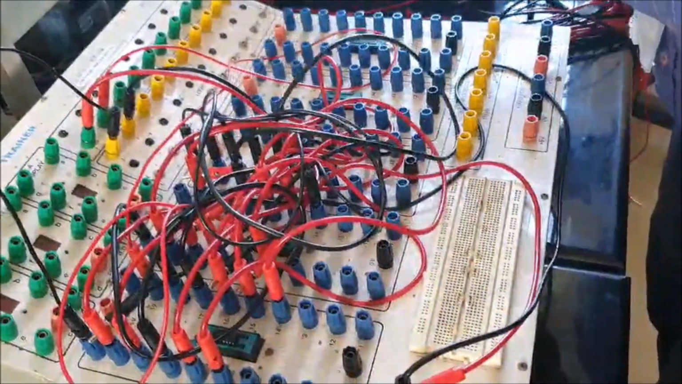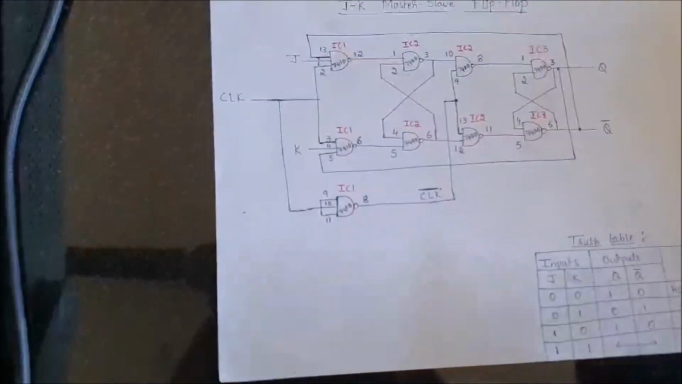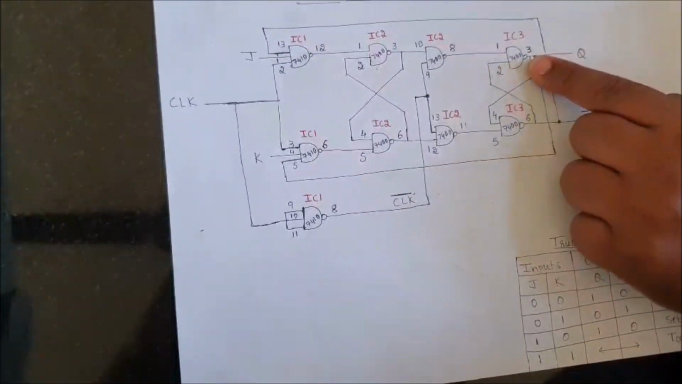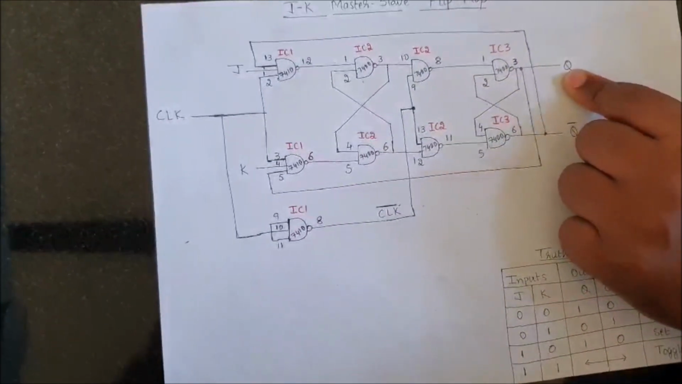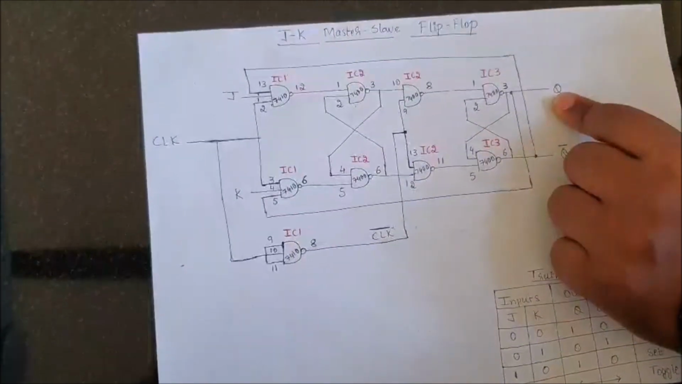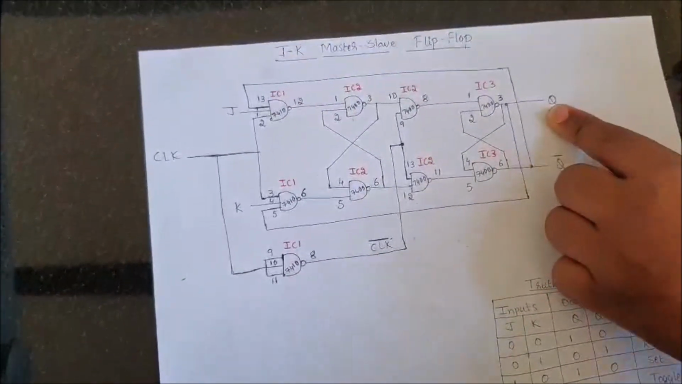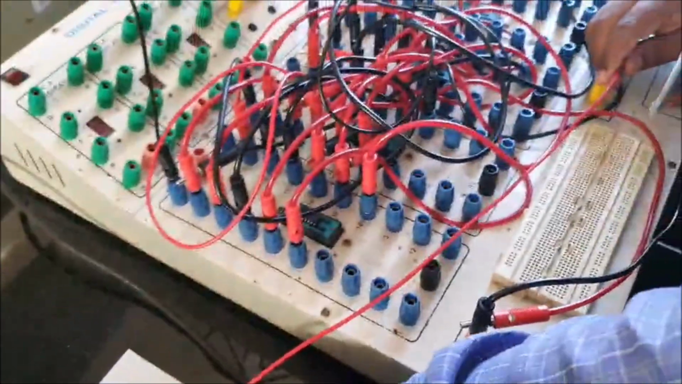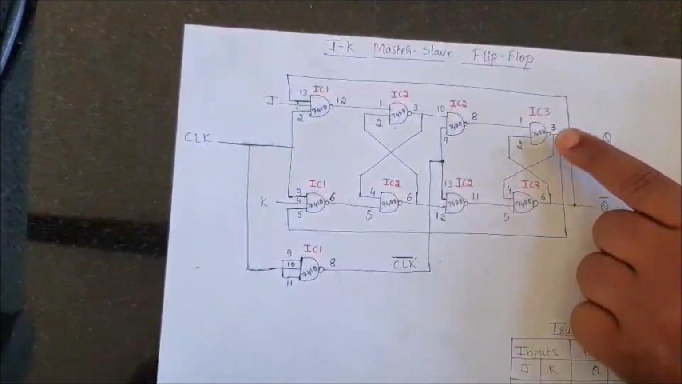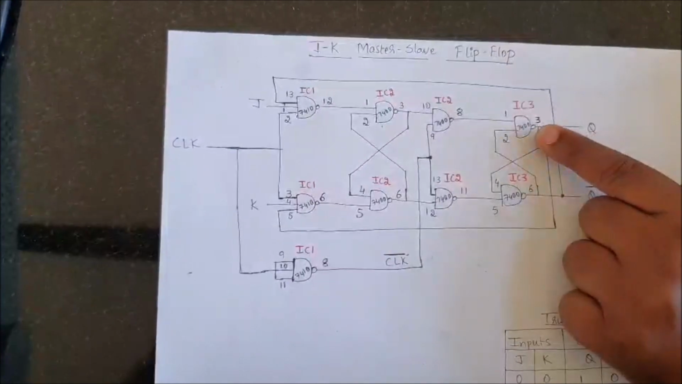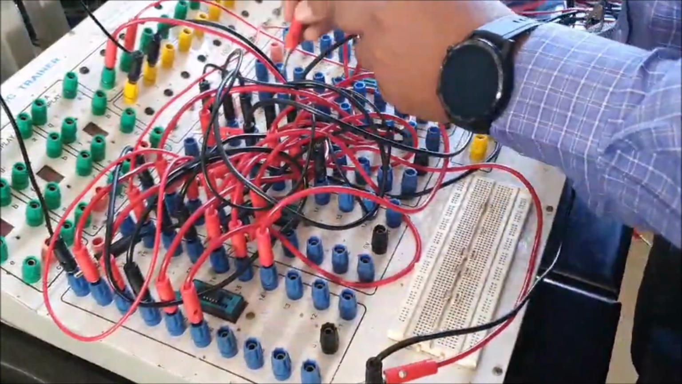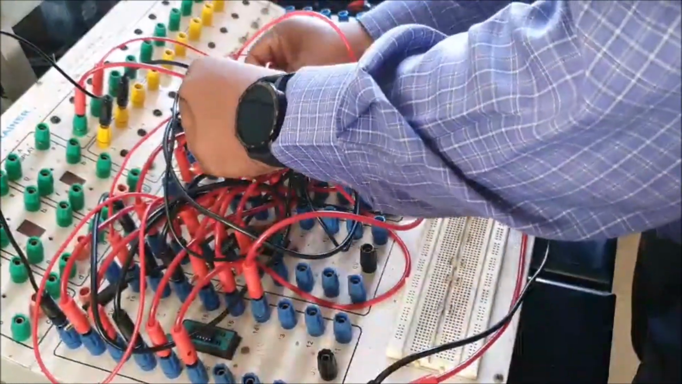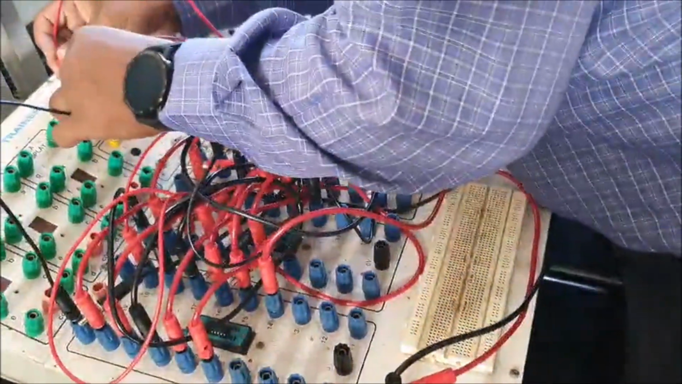IC3. Okay, so next what we need to do is, the output is from this IC3 7400, from the 3rd pin, that is connected to the Q. So here in IC3, one end of the patch cord should be connected to the 3rd pin of IC3, another end is connected to the Q, that is nothing but the first output. See here, one end is connected to the 3rd pin of IC3, another end is connected to the first output,